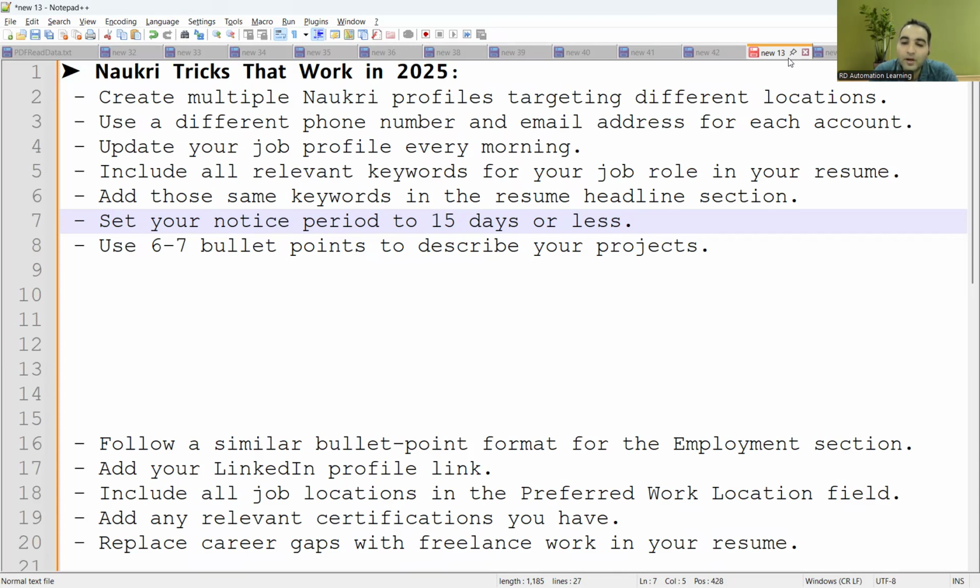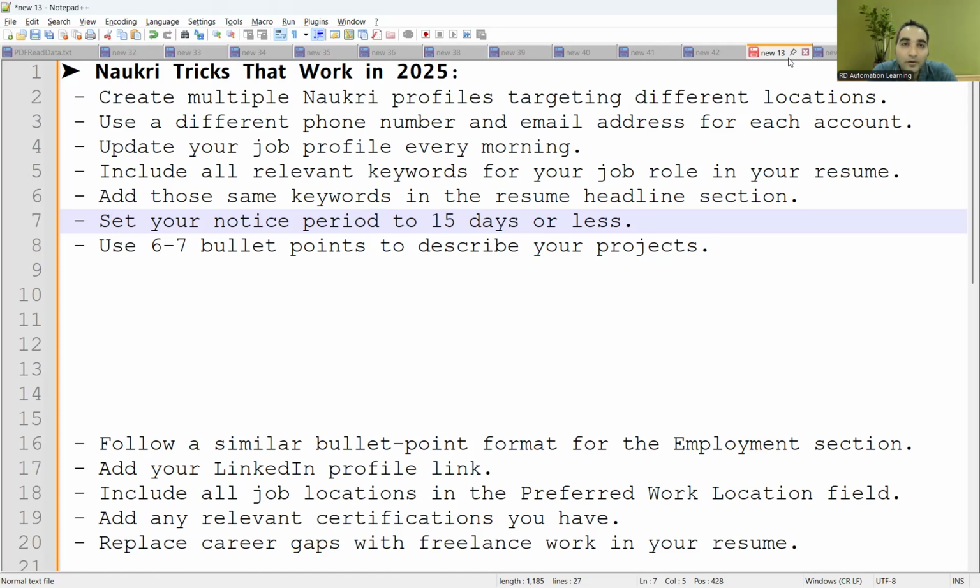But if you keep the location as Pune in your Naukri.com profile and then try to apply for a Bangalore based company, you won't get any call. So use multiple Naukri profiles targeting different locations, and use a different phone number; at least a different email address you can keep for a different account.